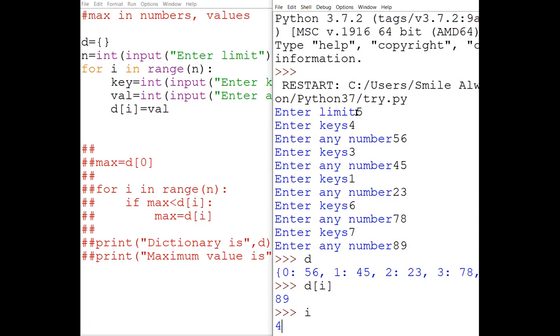Any other answer? Because see, why it is... print this out of the loop. Wait, wait. It is showing you the value of I as 4. The reason is because the loop has executed 5 times. So this is a coincidence, because the last value of I is 4 and here I have given 4. So it is matching. Otherwise, it is not matching. Remember this thing.